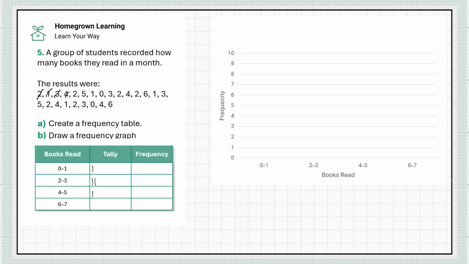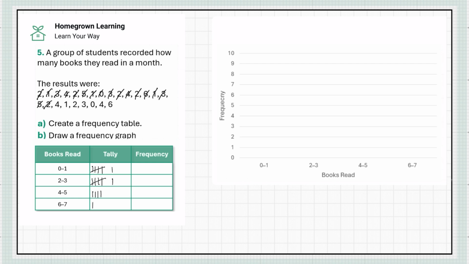4, 2, 5, 1, 0, 3, 2, 4, 2, 6, 1, 3, and a 5,